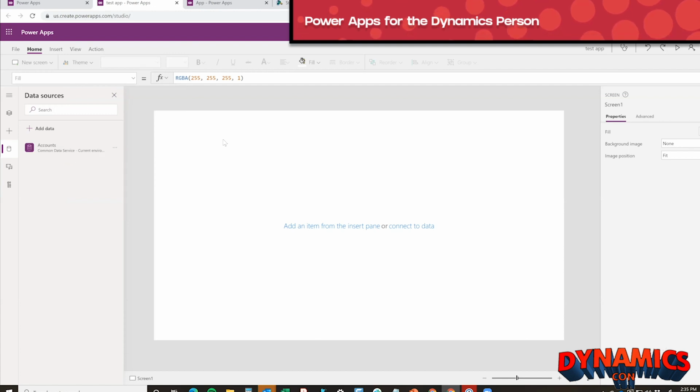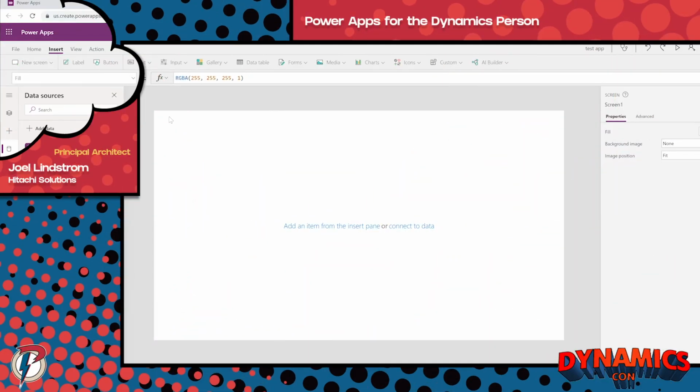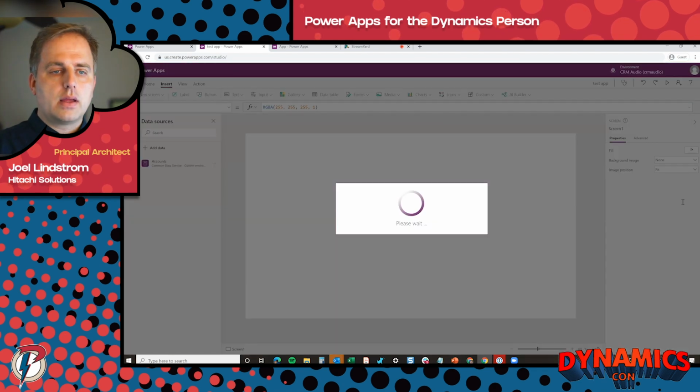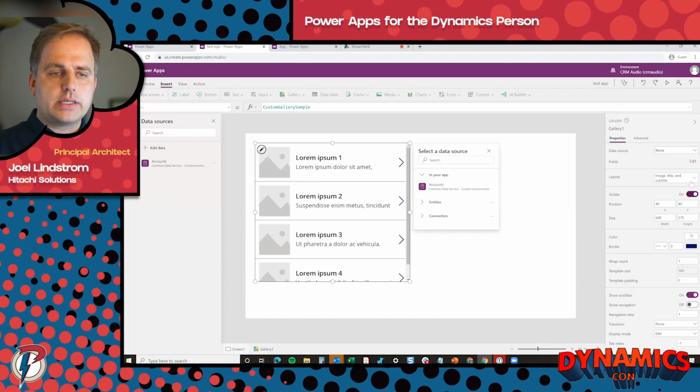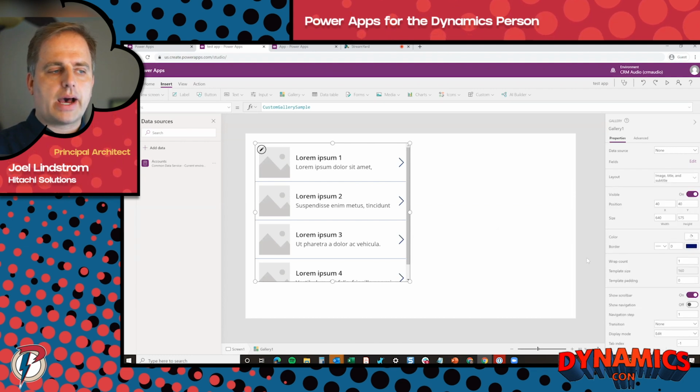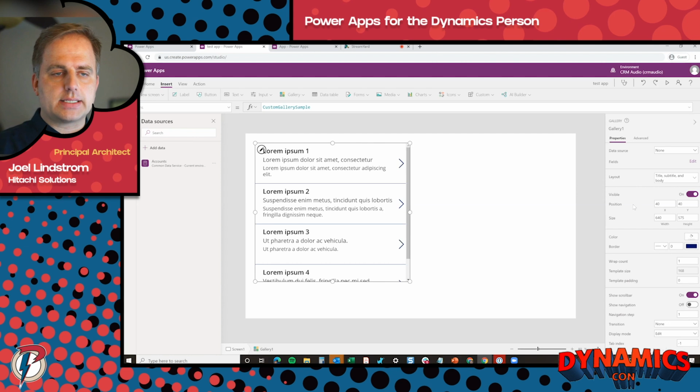The common one, like what you saw in the example from the build from data, is what's called the gallery, which is a simple list control. So I'm going to go ahead and add a gallery. Let's choose a vertical gallery, and then from here, I'm going to choose the layout. I want the title, subtitle, and body layout. That gives us 3 lines of text.